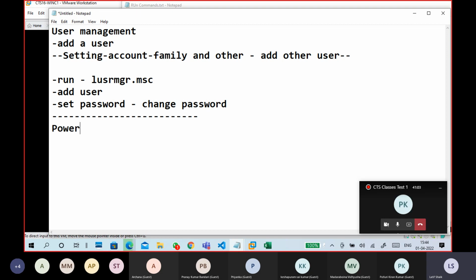One is power management, meaning power options. Sign in options we already discussed. Then I will go to power options. If you need a sign in options list also I can give you.